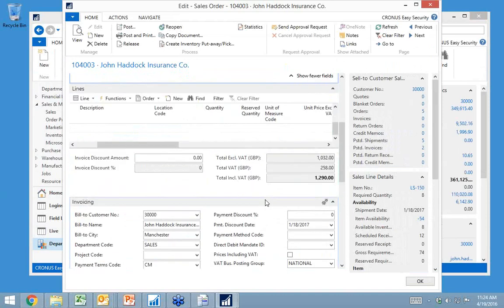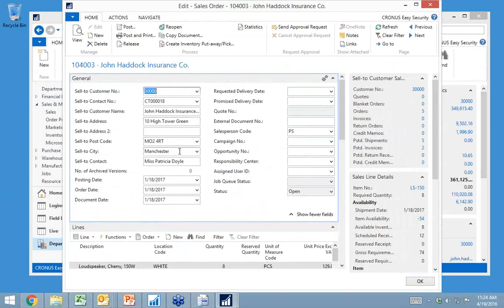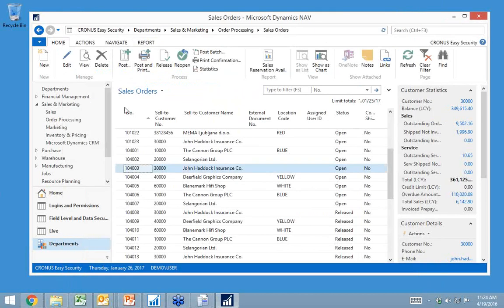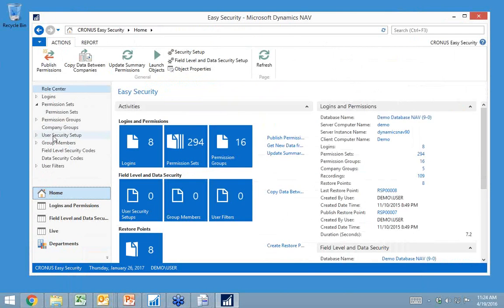And all those things you can't really avoid in standard NAV. Same thing goes for posting and post and print. There's not a lot of difference in permissions up here. It's basically just whatever the user selects up here. With field level security, we can control all this.